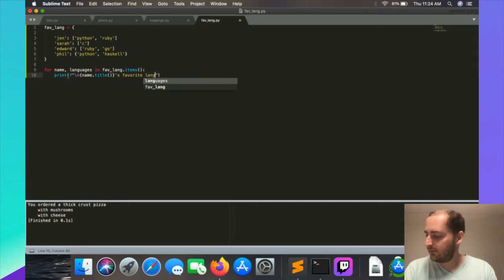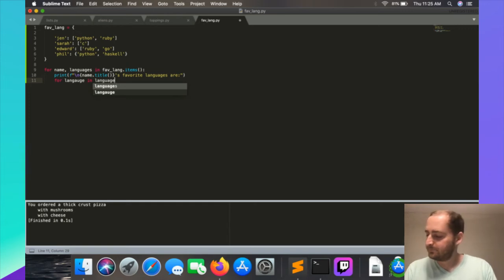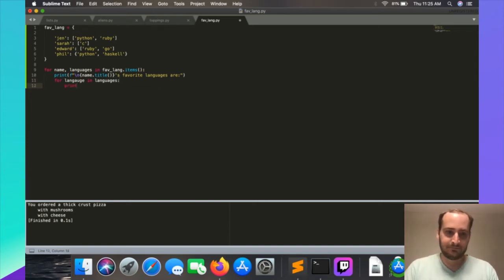Favorite languages are, put a colon here, and then we're going to do a for loop: for language in languages, we're going to print. So we're going to be looking at each of these items, all of these values, and for every value inside of this list, we're going to create another variable called language. So for language inside our group of languages, we're going to print